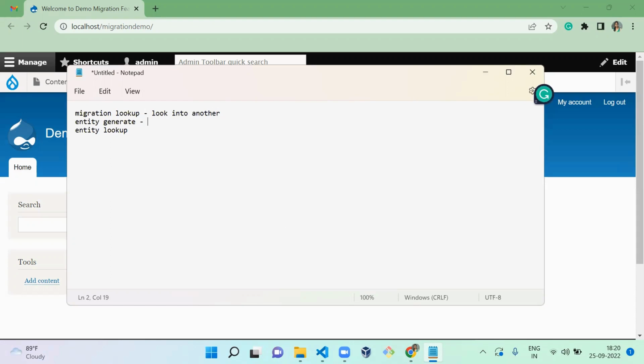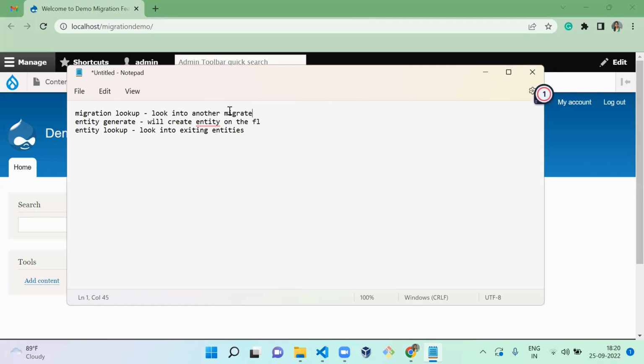And entity generate means we'll create entity on the fly. Entity lookup means it will look into existing entities. Okay, so these are the three plugins which are available to migrate your